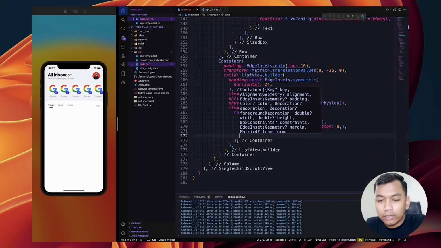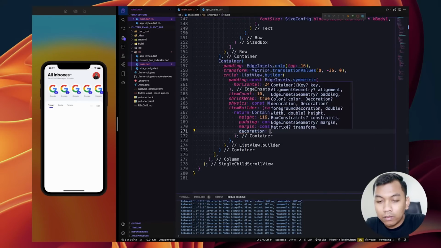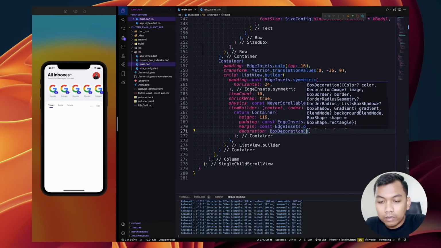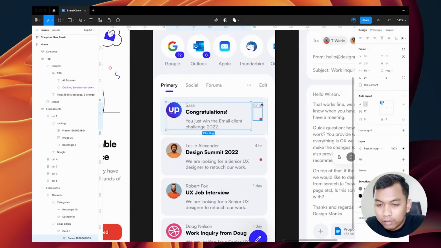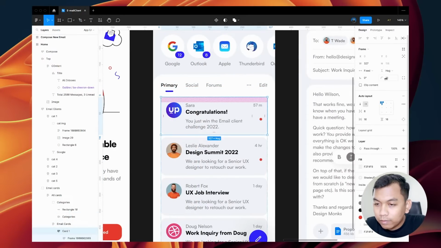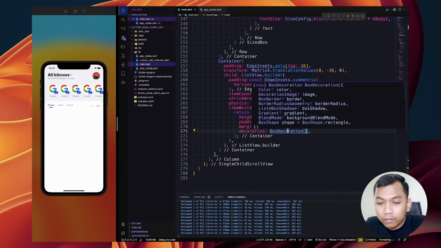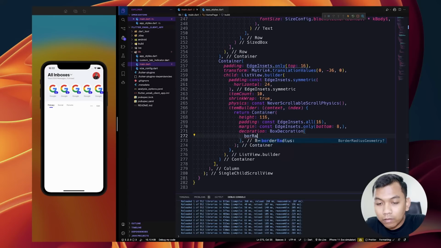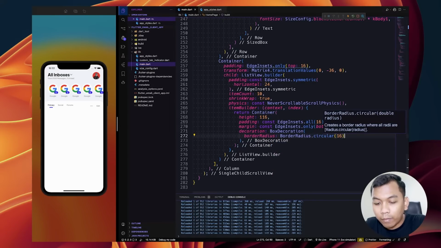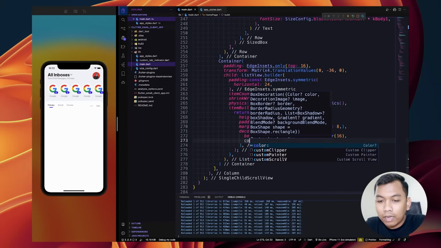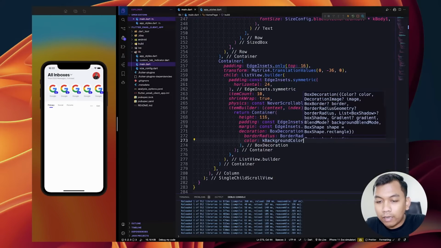And decoration will be box decoration. Let's check the border. The border is just around 16. Circular 16. And color, K background color.